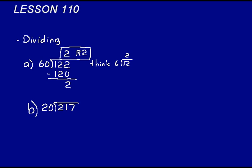Look at practice problem B, 217 divided by 20. We can see that 20 is going to go into 21 one time, so we don't have to think of simplifying that division problem at all. We do our multiplication, subtract, we get 1. Bring down the 17. Now, 20 goes into 17 zero times, right? Because that's less than 20. And so we put a 0 up here, then do our multiplication,